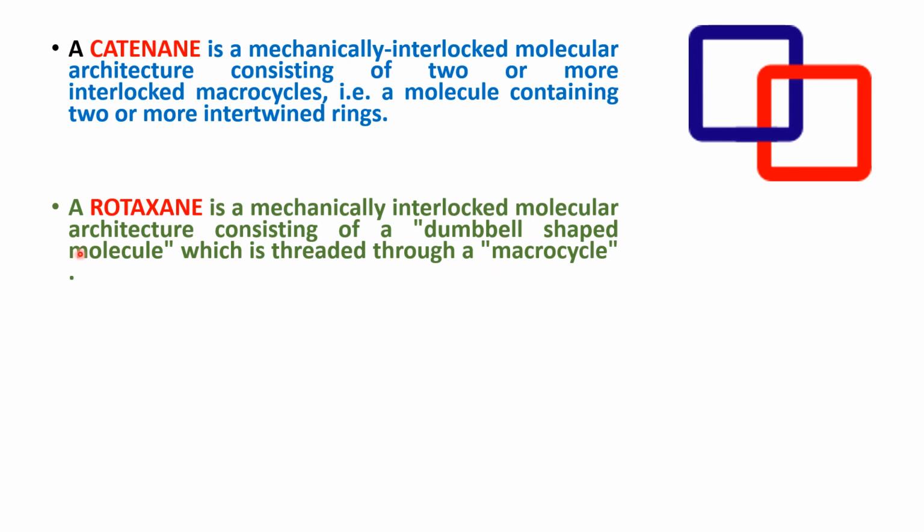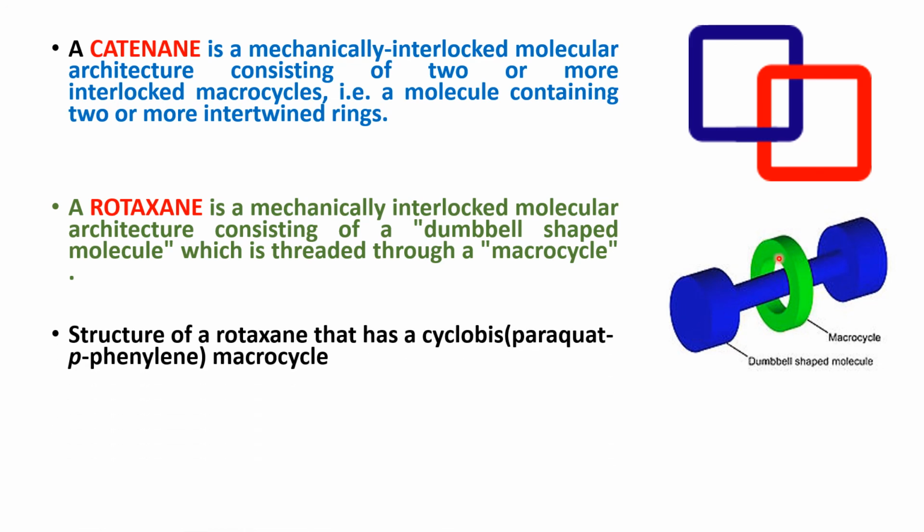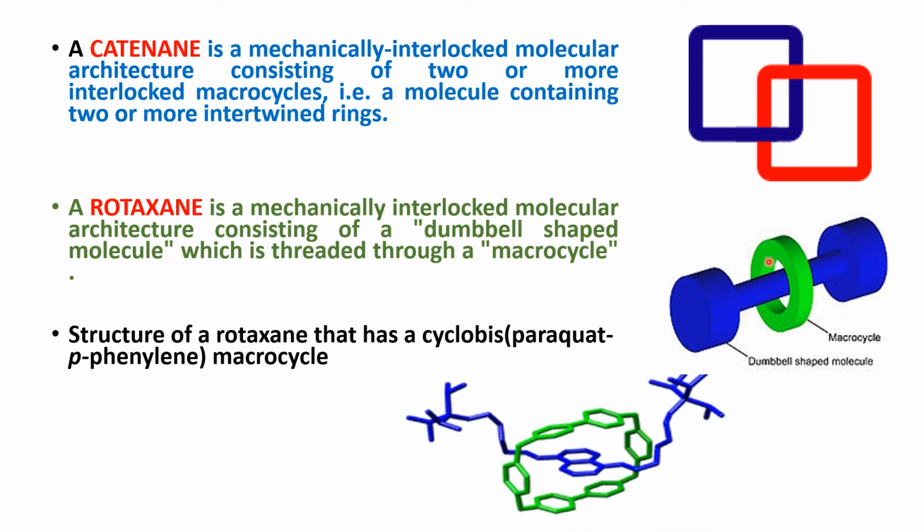A rotaxane is a mechanically interlocked molecular architecture consisting of a dumbbell-shaped molecule which is threaded through a macrocycle. Structure of rotaxane that has a cyclobis(paraquat-p-phenylene), which is a macrocycle, just like a dumbbell shape. So these are some